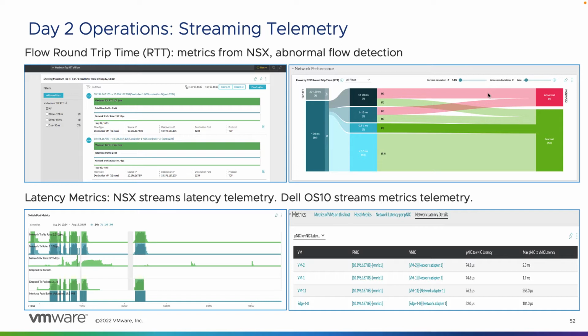When you take a look at certain metrics, such as flow round trip time as an example, say we want to focus on TCP flow round trip time. We have that capability within vRealize Network Insight. So we can do analysis on flow round trip time. We can also take a look at all of the flows within our infrastructure and see where they actually become abnormal from their standard. And we also have the capability of adjusting that here on the percentage deviation and the